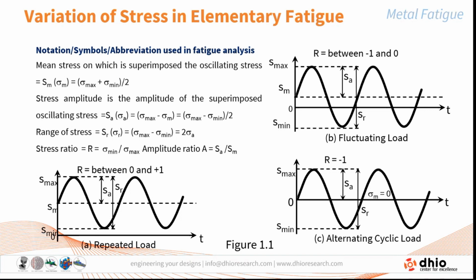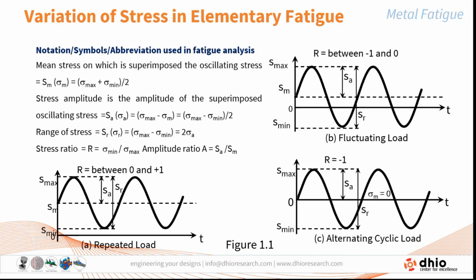So therefore, in most cases in dynamics, we try to consider the loading to be harmonic, and that too specifically simple harmonic. Then in such a case, the loading behavior is going to be sinusoidally varying, and that's the reason. So even in the fatigue calculations, we take this alternating cyclic load as the standard load for all calculation